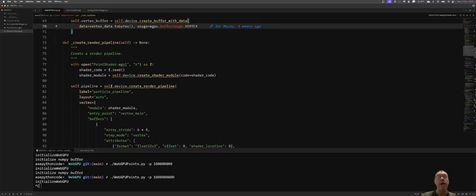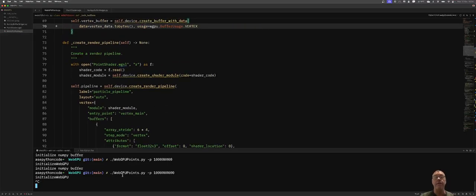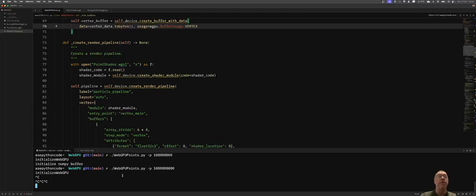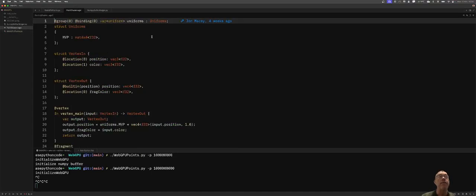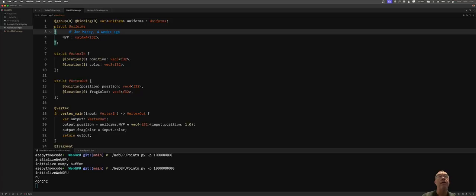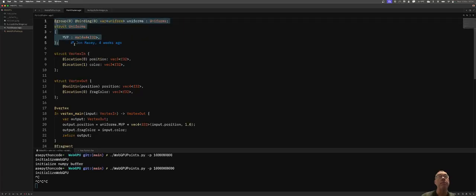The render pipeline is slightly different than the previous example. In our previous example, we were using hard-coded shaders. In this case, I've got my point shader here. If you look at this shader, it's slightly different now. The first thing we're going to introduce is we've got some